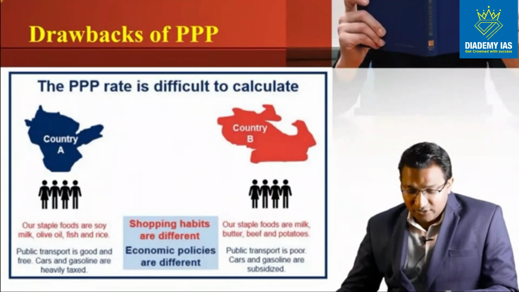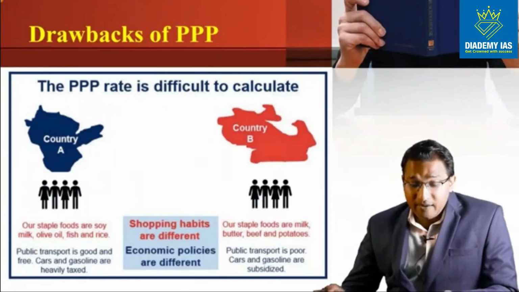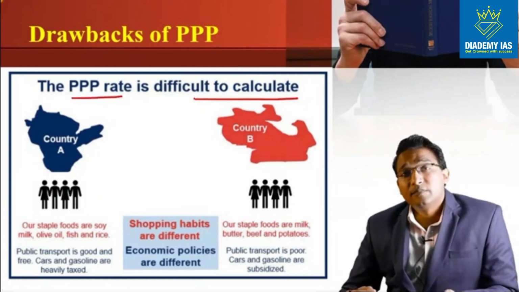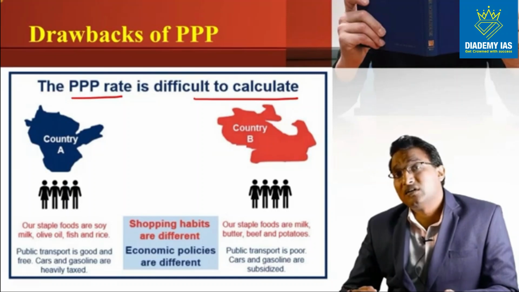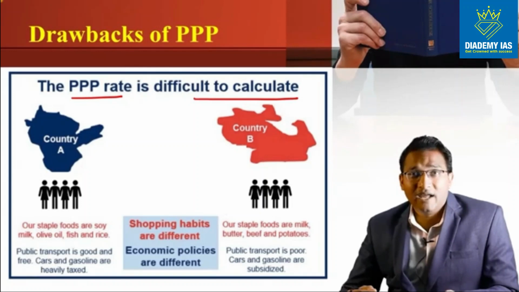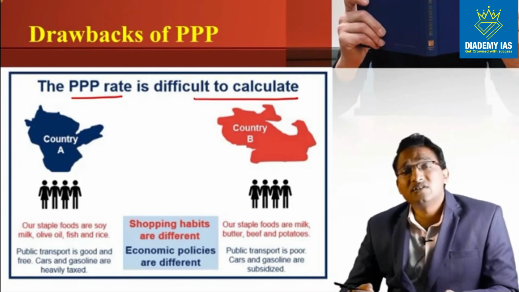Here, one more diagram you can see why the PPP rate is difficult to calculate. We always say that PPP is reflecting a much truer picture, but still why is PPP not frequently used? PPP is not frequently used because it is difficult to calculate the PPP exchange rate. We don't have the appropriate data, and there are certain things which make it difficult to calculate the PPP based